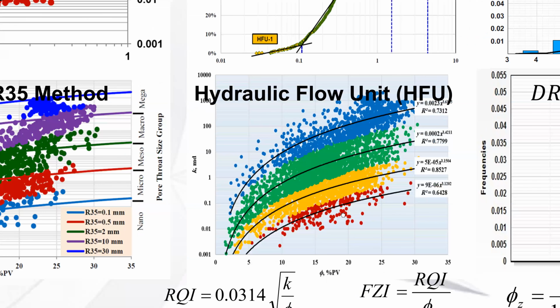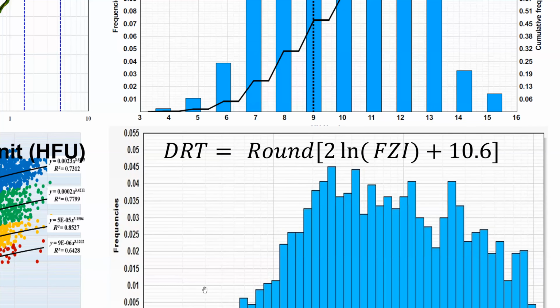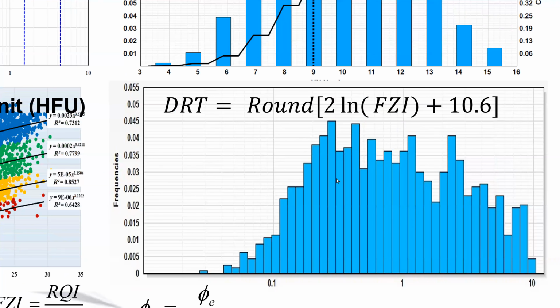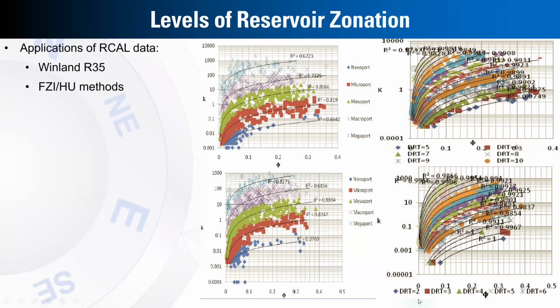Also, we have this widely used equation to define hydraulic units or dynamic rock types. It's totally a function of the FZI defined by this equation. So these are some of the techniques that can be used to identify reservoir rock types and flow units. This is another level of reservoir zonation, as you can see, using the Winland R35 technique on this other core, and this is the detailed